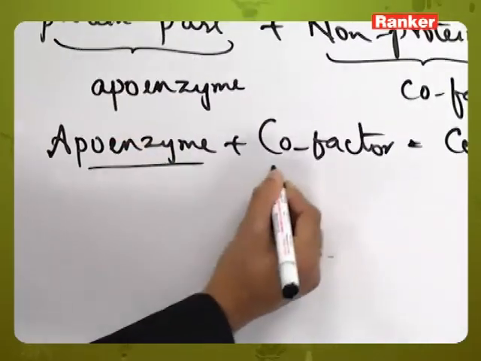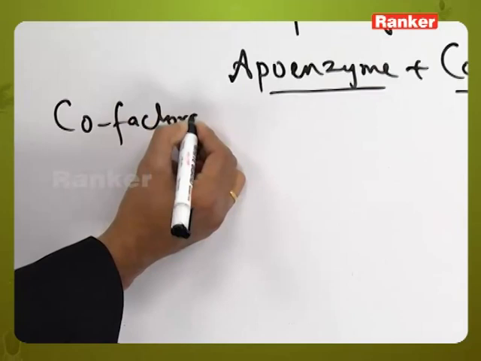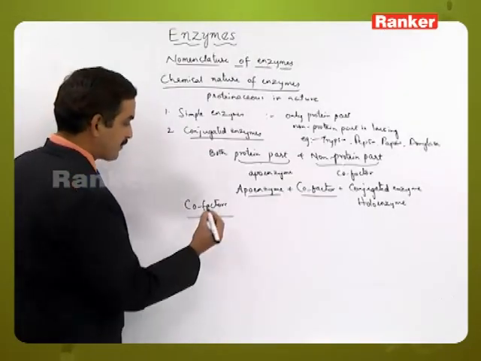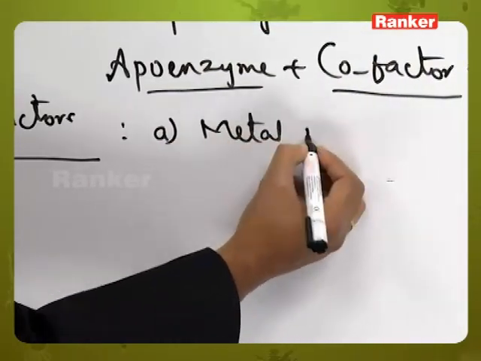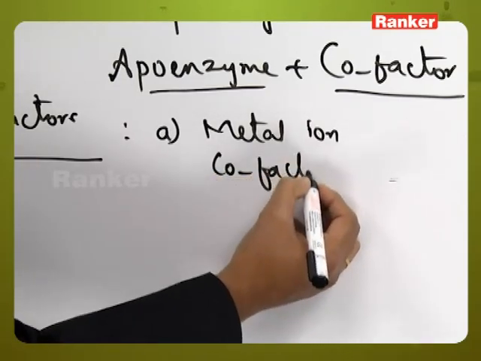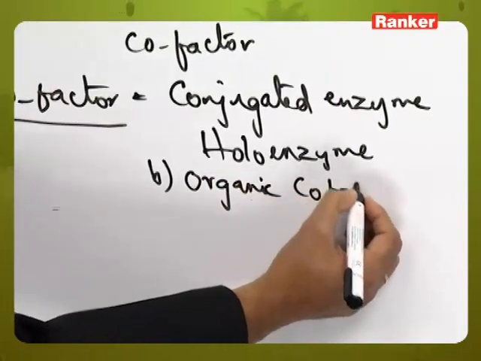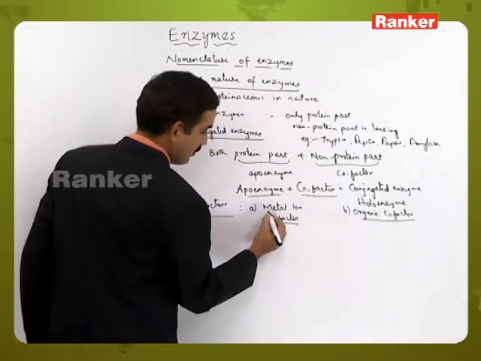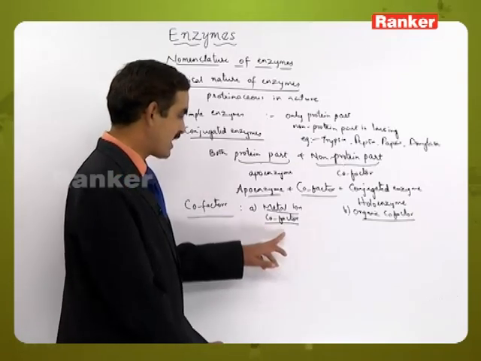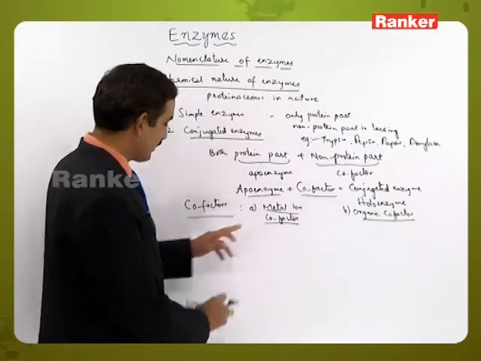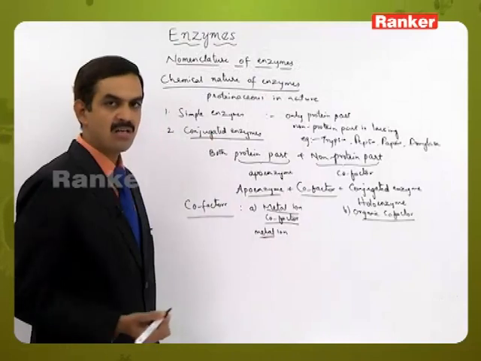Starting with the first one, the cofactors. There are two types of cofactors: one is the metal ion cofactor and the second is the organic cofactor. Based on the nature of the non-protein part, they are metal ion cofactors and organic cofactors. If the cofactor is a metal ion, we call it a metal ion cofactor,